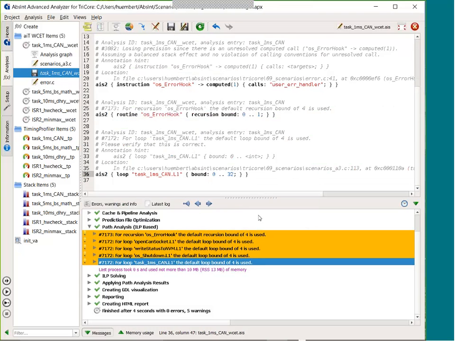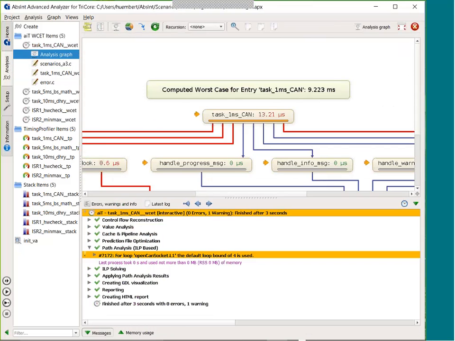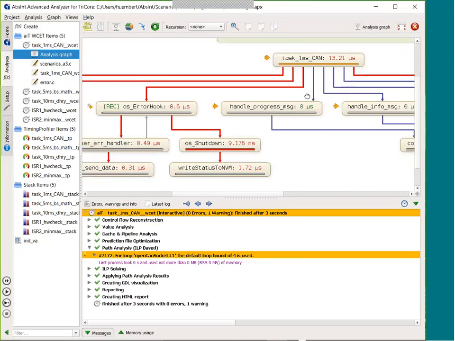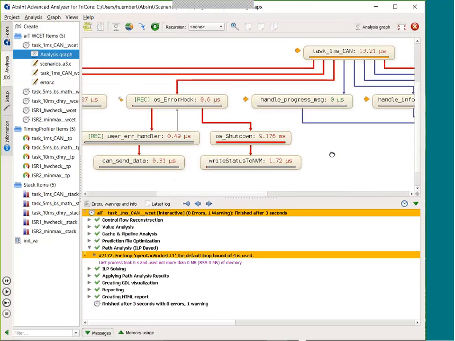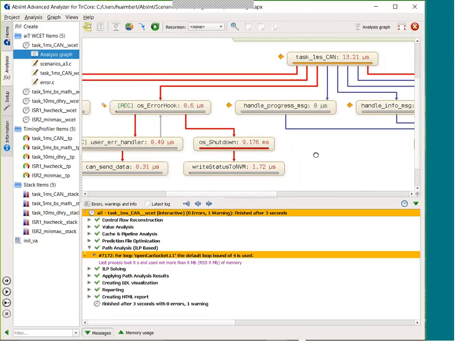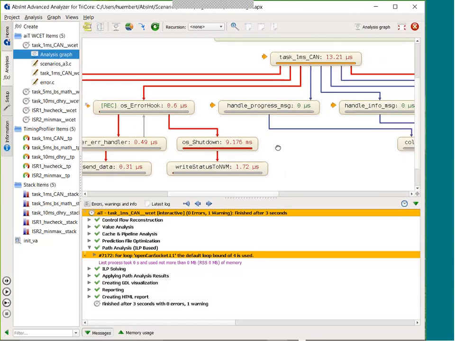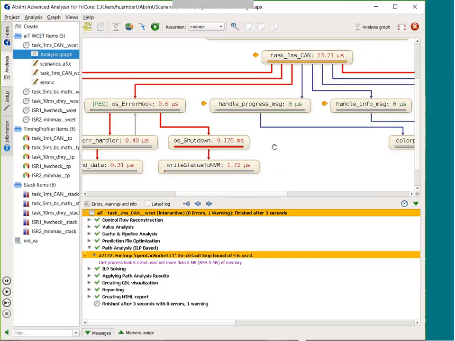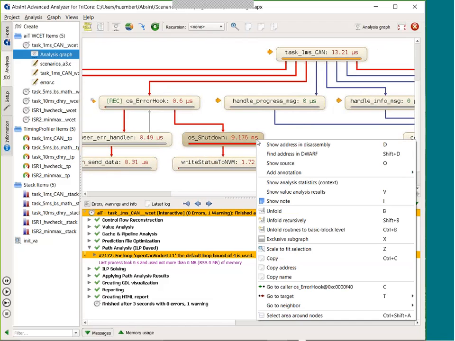Okay, let's redo the analysis one last time. And well, the remaining loops, let us ignore them for now. What you can also do is, instead of just reacting on problems during analysis, you can proactively perform some actions, like, for instance, excluding routines from the analysis. And this is also easier than before. You can just do a right mouse click on a routine, like, for instance, this OS shutdown here, and say,